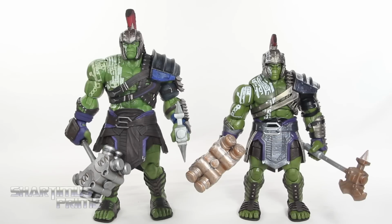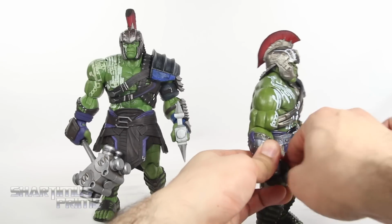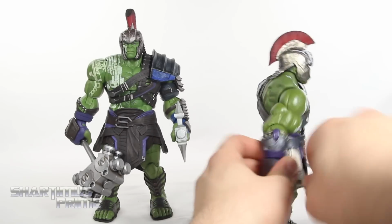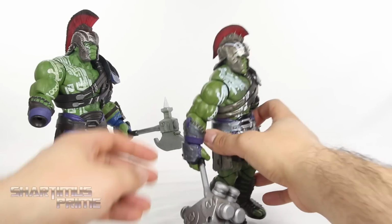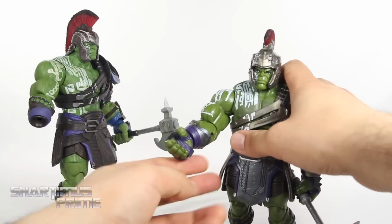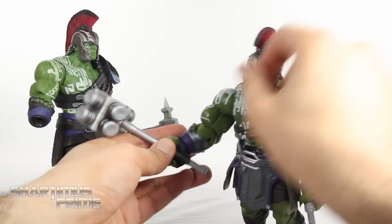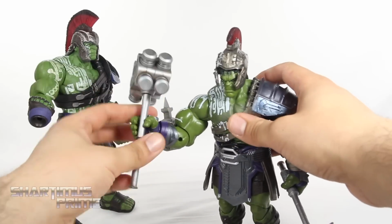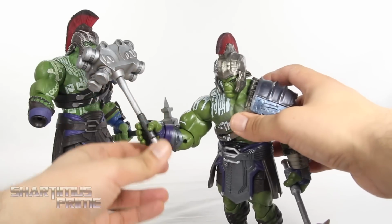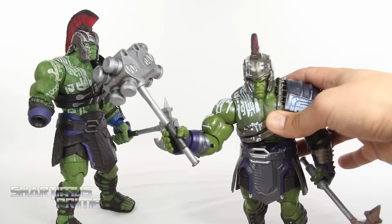And I'm curious to know if you guys would like to see me do a comparison video of these two figures. I don't know, that'd be a fun comparison video. And I can't help but be curious to see if this Marvel Legends Hulk can hold the Marvel Select hammer. And he doesn't really hold it that well. I mean, it's loose in his hand. Just see, yeah, it just flies right out. So, yeah, the grip on the right hand of this Marvel Legends Hulk doesn't really work too well for this Marvel Select hammer. But I do think it fits into scale, so you can still make it work for some